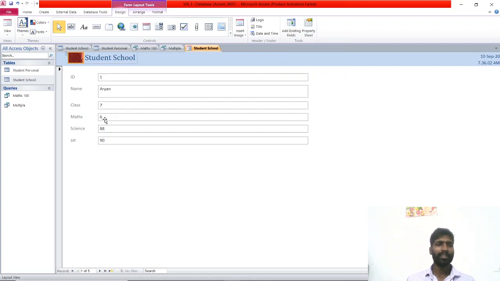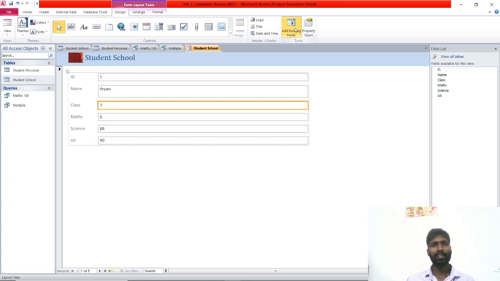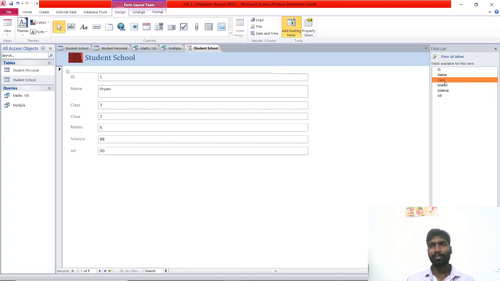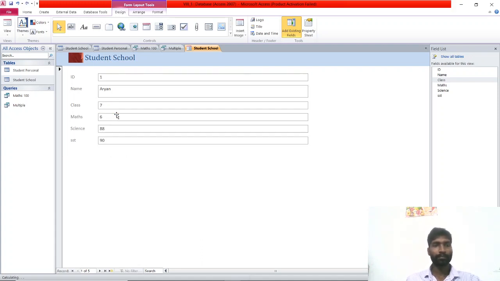If you want to edit, here itself you can edit. Okay students, only these are the things in a form. Okay, this is a form.